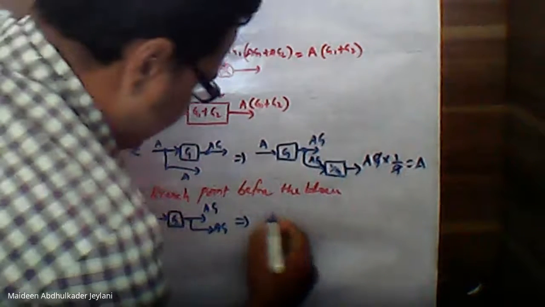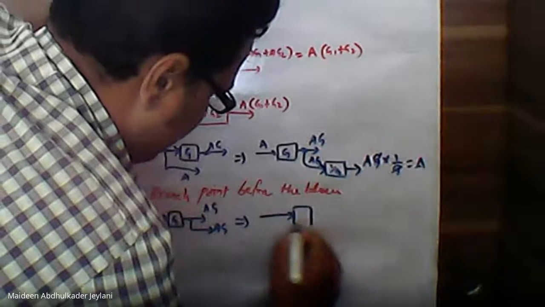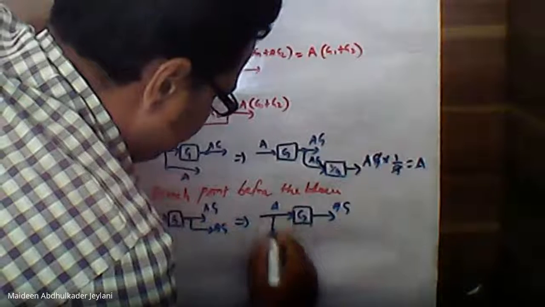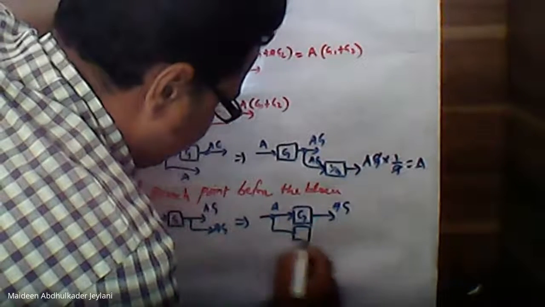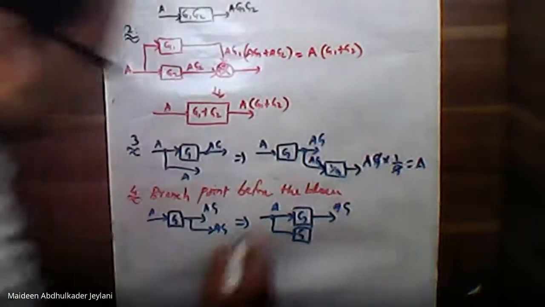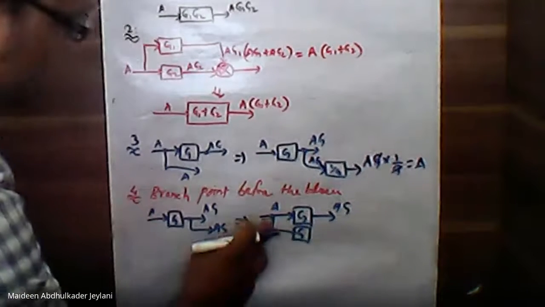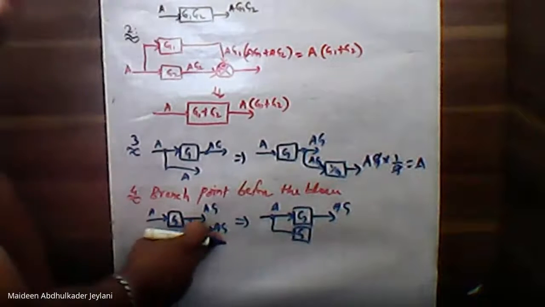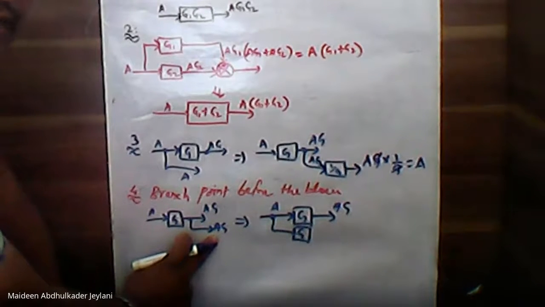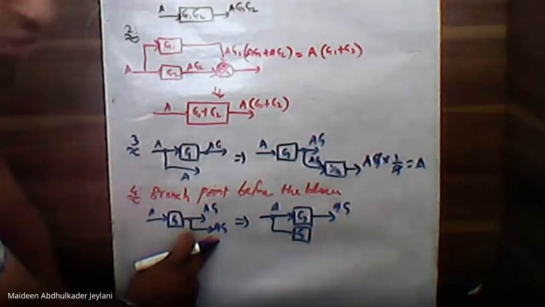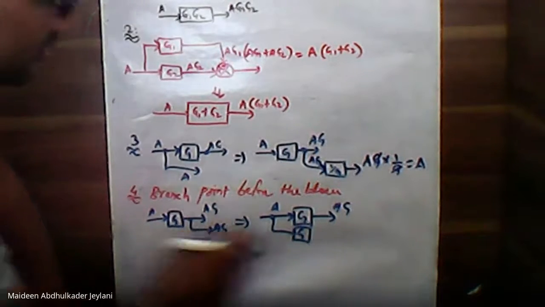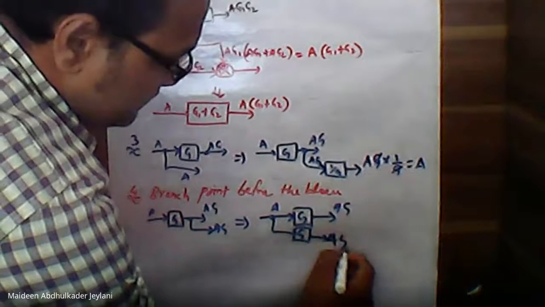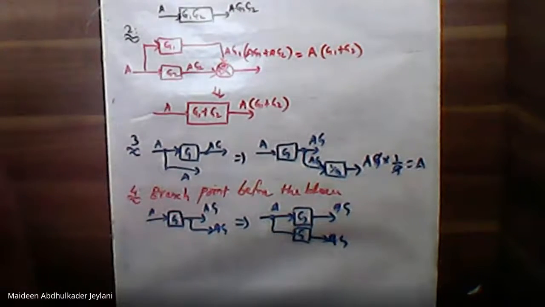So in this case, G, and you are moving here, multiply by G. Because what should our output be? This output should not change, right? When you are moving a branch point before a block, the output of the branch point should not be changed. Now check the output of this point. You will get the same AG there.